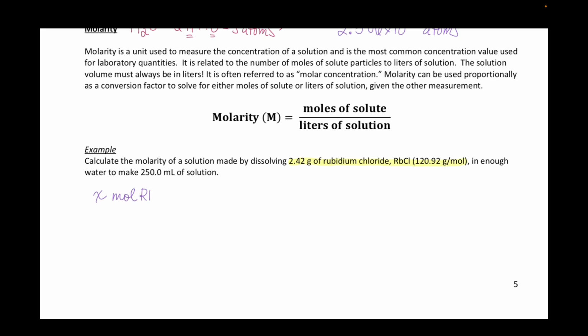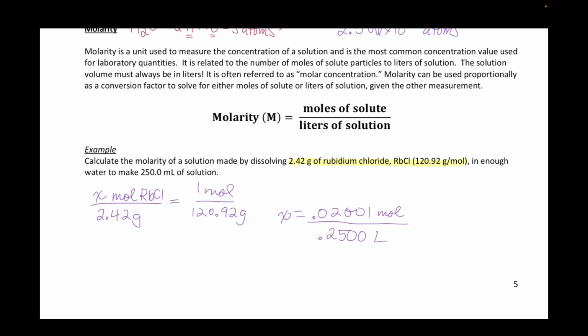I would find the number of moles of rubidium chloride in 2.42 grams. If 1 mole is 120.92 grams. No, it's 0.02, isn't it? 0.02001 moles. I like to take a couple extra sig figs, divided by 0.2500 liters is going to give me 0.08